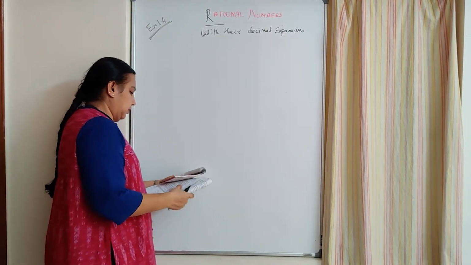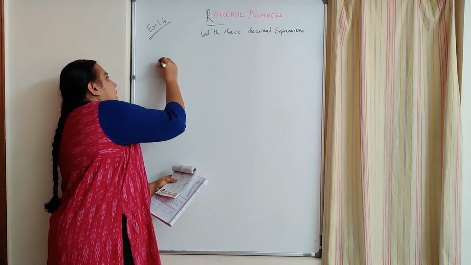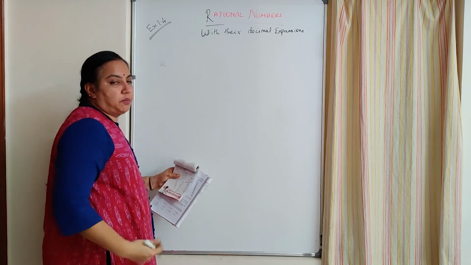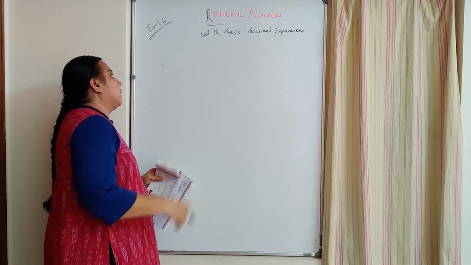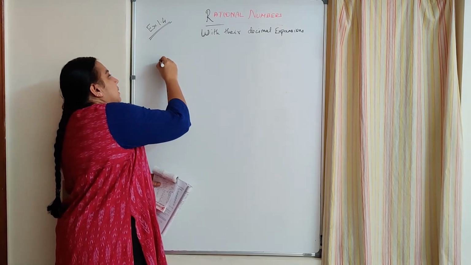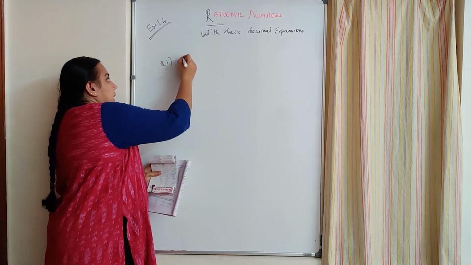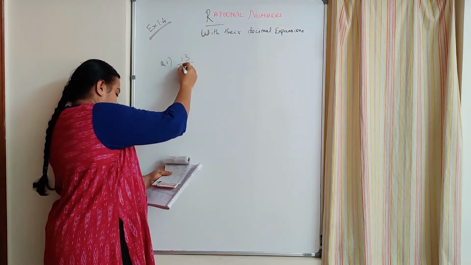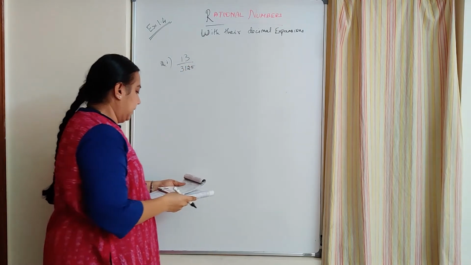So we do the second sum, the first question. I have to prove by dividing that this number is going to be giving a terminating decimal. Okay. The second sum, first question. 13 by 3125. When I divide this,